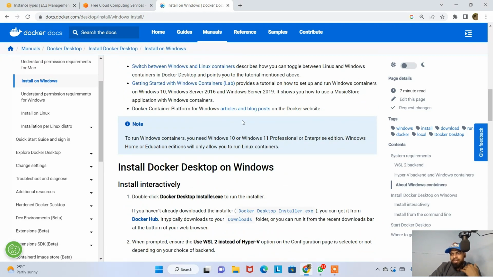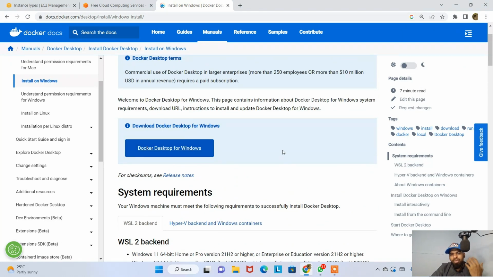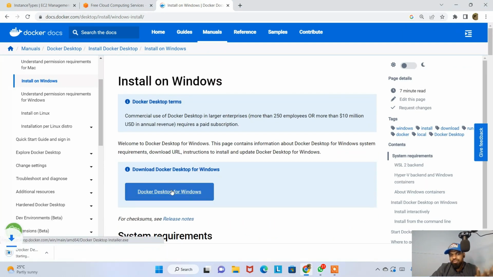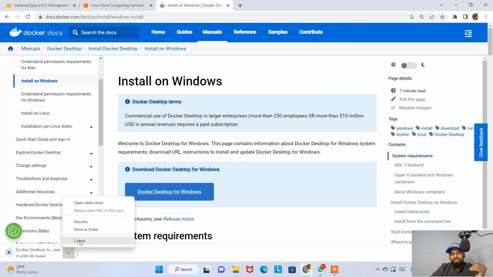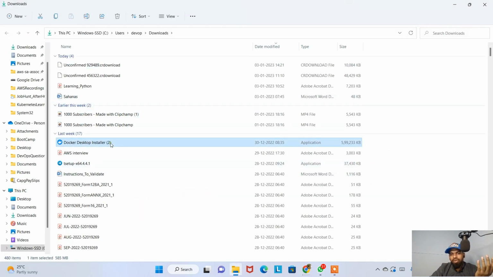I had already downloaded Docker Desktop. How do you do that? You just click on Docker Desktop for Windows and it will automatically download. I have already downloaded it, so I want to pause this. If you go to my downloads folder, I already downloaded it last week. You have to download it completely, then double click on it and open it,